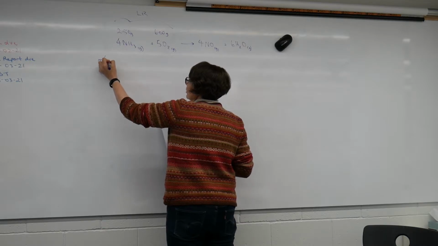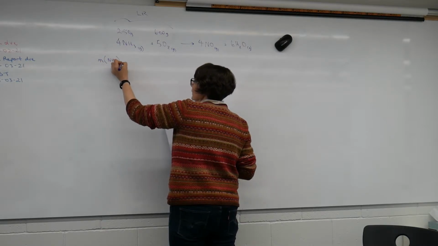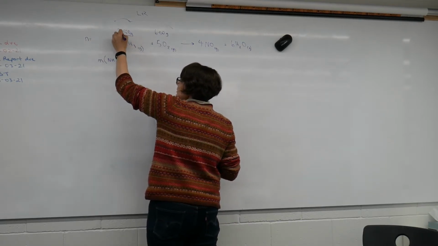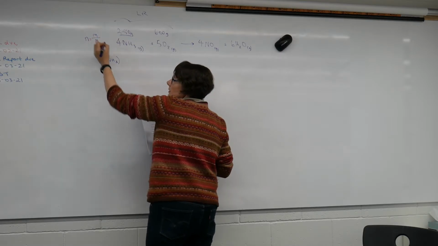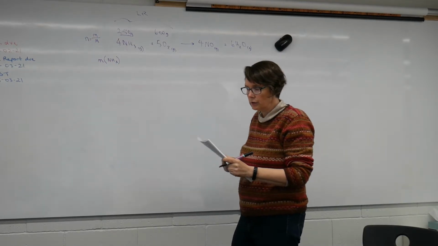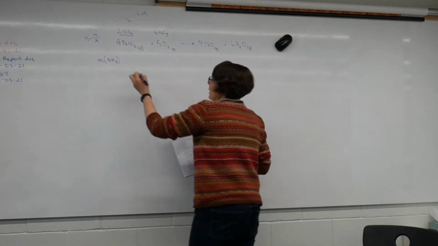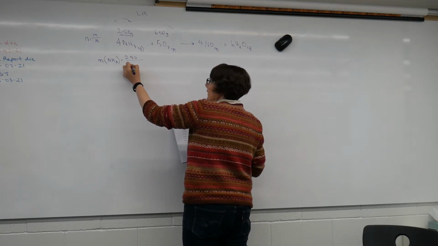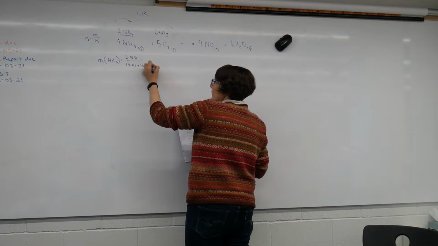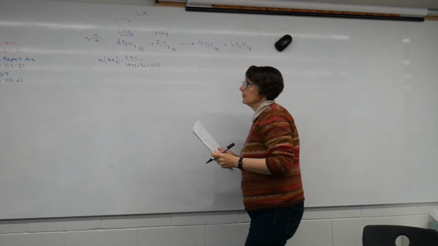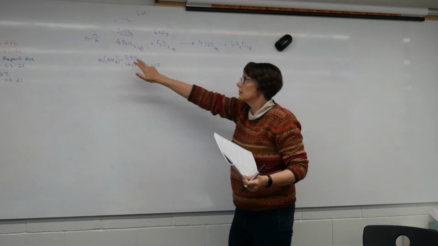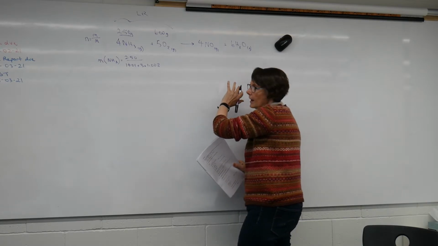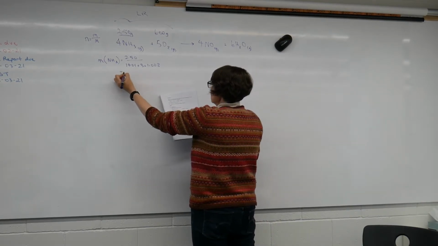We need to find out how many moles of ammonia we have. Remember, because we've got masses, it's the sample mass divided by the molar mass that is the formula we need to use. So we've got 2.5 grams of that. We're going to divide it by the molar mass of ammonia. Notice that the coefficient is not involved at all. That's just for balancing our reaction, which gives us